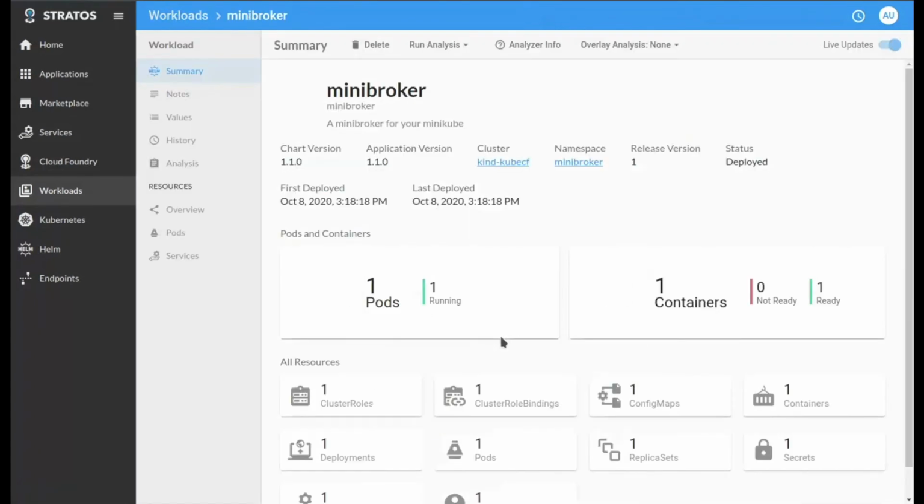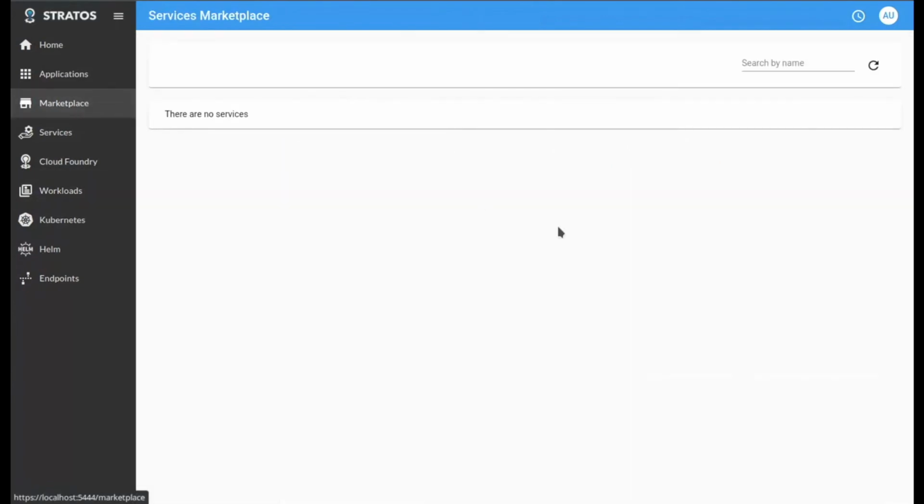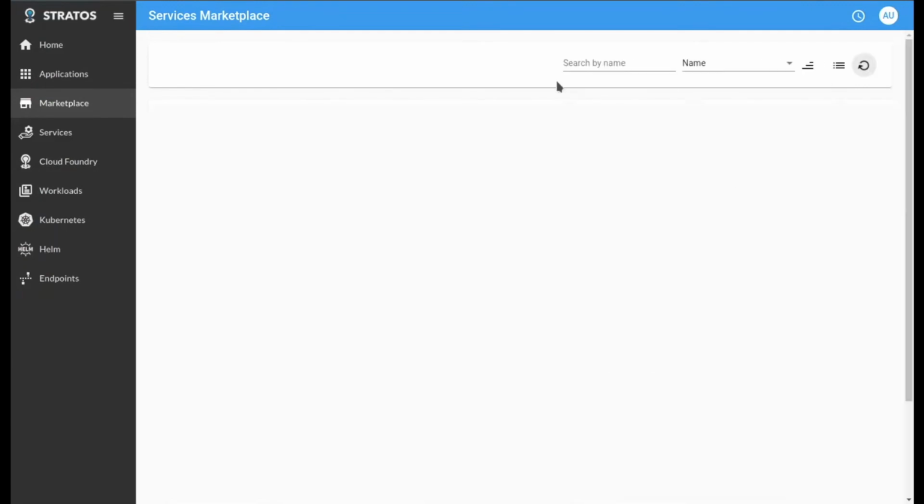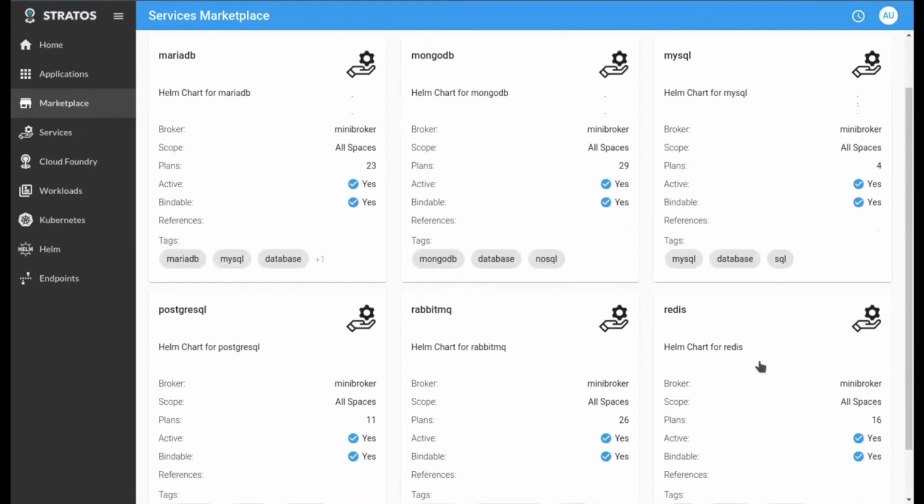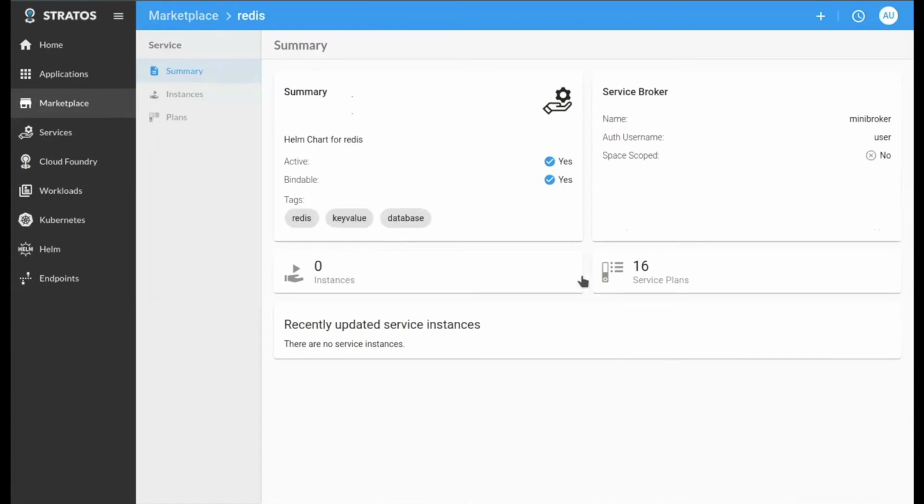So we have our mini broker, but we still don't see it in the marketplace. I am going to run one script in the background that's just going to run the CLI tool to register the service broker. Now I'm going to hit refresh, and here we are with all of the service offerings that the mini broker provides. If I was to go down to Redis, and let's say we want to create an instance of this,